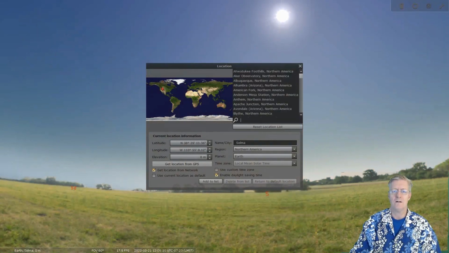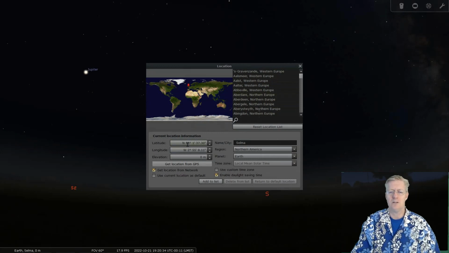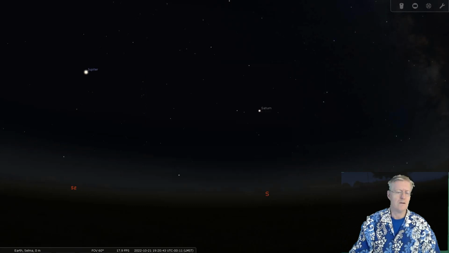So I could go over here to the UK, and now I'm jumping over there, which is awesome. You can go in here and actually choose by a city, or you can go by latitude and longitude. So those are different ways of changing your location. And I'm going to close this off, and I'm going to just stay here at this location.